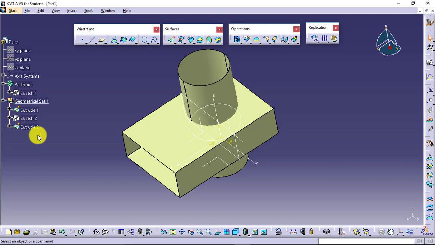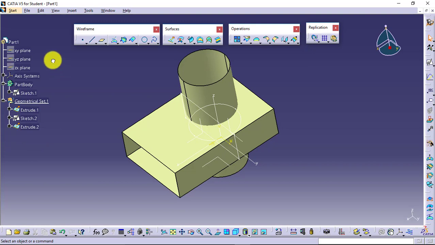So when hybrid design is off, what I am getting is that surface creation features are going into geometrical set only. Part body is not accepting any of the surface creation features.